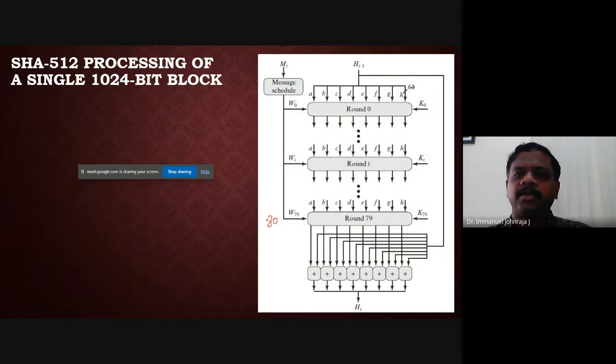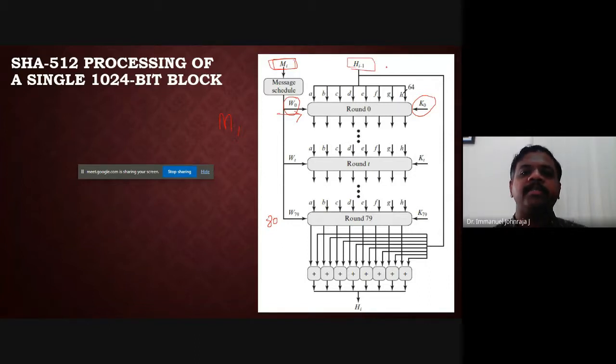Okay. So this is your first register. What are all the things which are given? You have got a word called W0, and then you got a K value. K is a constant value. Generally K represents a constant. So every round, there are 80 rounds in a single function. In these 80 rounds, this is round 0, round 1, round 2 up to round 79, and every round is given a word that is derived from the ith message block. If it is M1, from the first message block you are getting it.